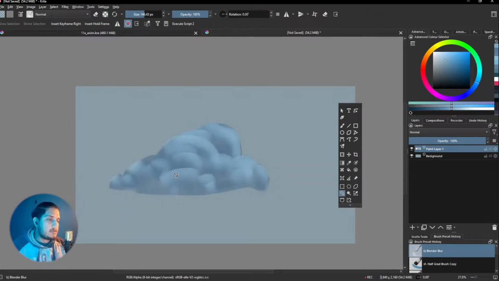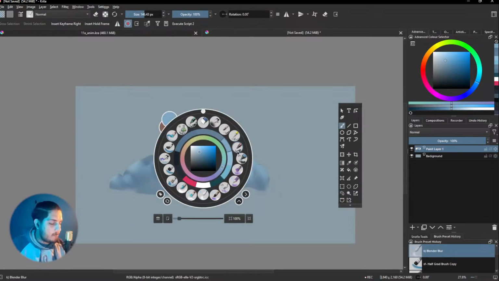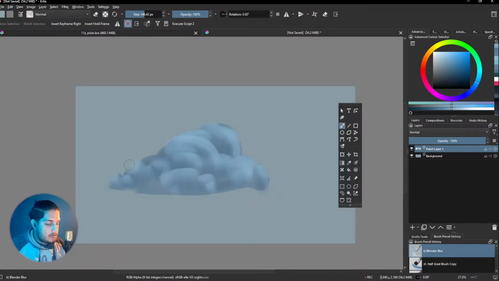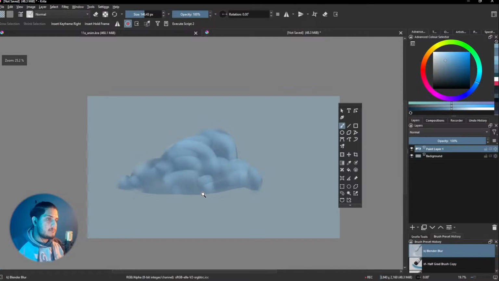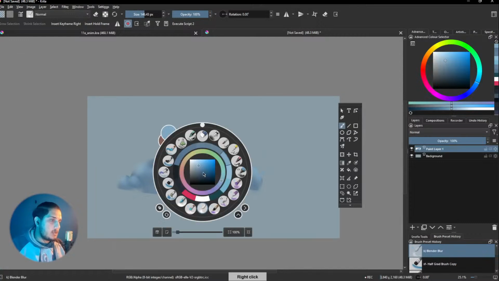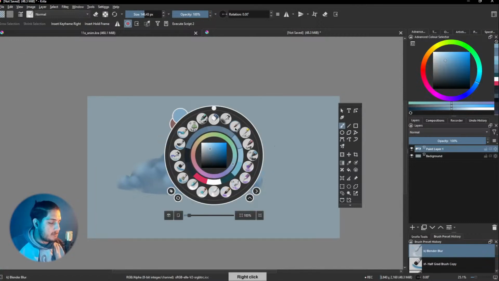But this is a very useful brush. If you have a pen that can manipulate the angle of the brush, you can use this brush. I'm not gonna blur off all of the edges, but just some of the edges. Yeah, and the colors are a bit off because I didn't have a proper sky here, so this is just